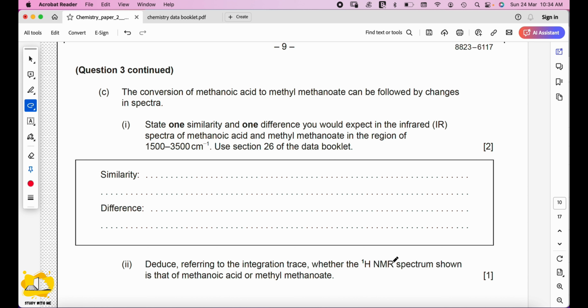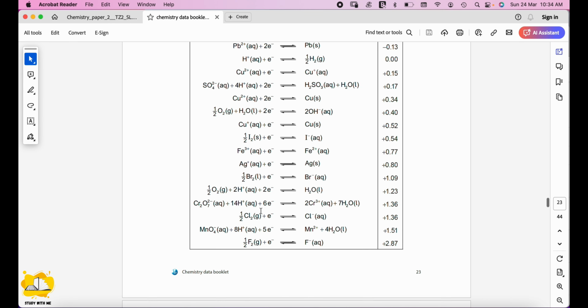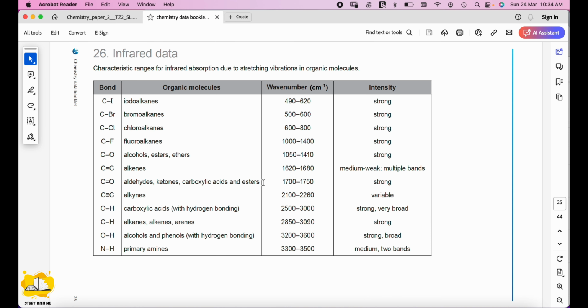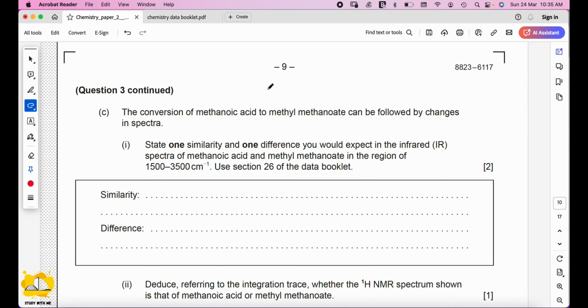The conversion of methanoic acid to methyl methanoate can be followed by changes in spectra. State one similarity and one difference you would expect in the IR spectra of methanoic acid and methyl methanoate in the region of 1500 to 3500, referring to section 26. So these are the section 26. So when we draw the structure of methanoic acid